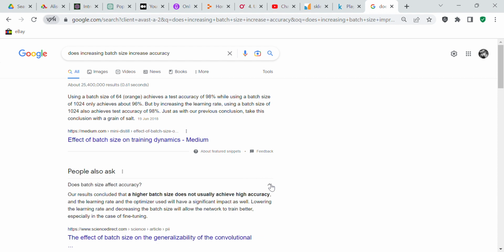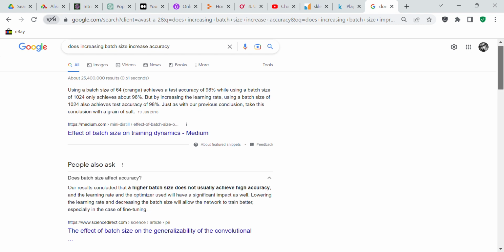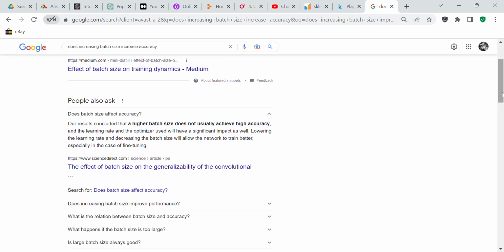Our results concluded that a higher batch size does not usually achieve higher accuracy. But it definitely would improve the speed if you have a higher batch size. And the learning rate and optimizer used will have a significant impact as well, lowering the learning rate and increasing